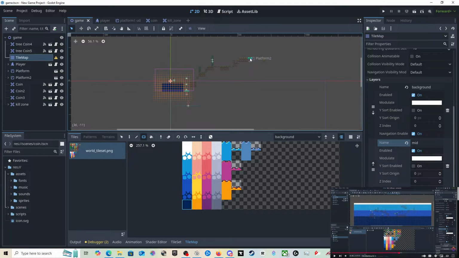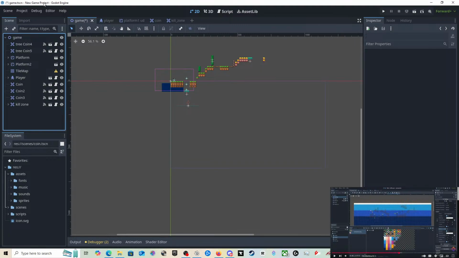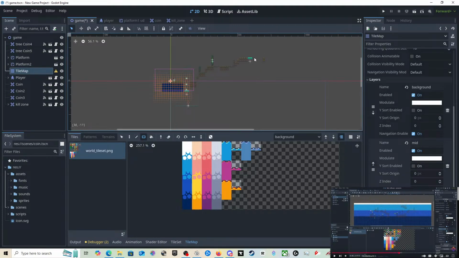So that means that this one here is on the wrong layer. That shouldn't be. That is the platform, isn't it? I don't think I needed to move the player actually, because we sorted that out, didn't we? Yeah, that's in the wrong place. That shouldn't be highlighted. We need to change that.